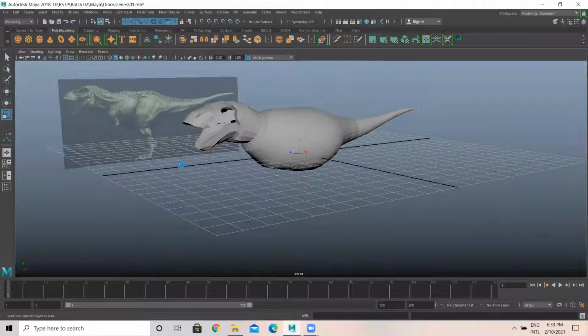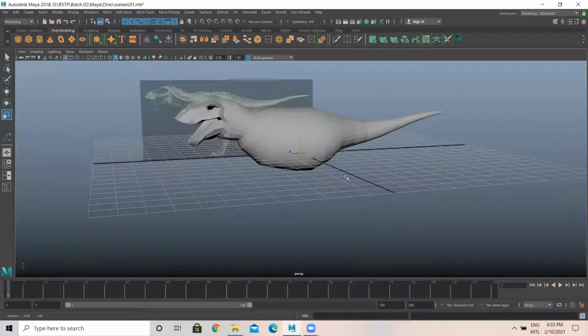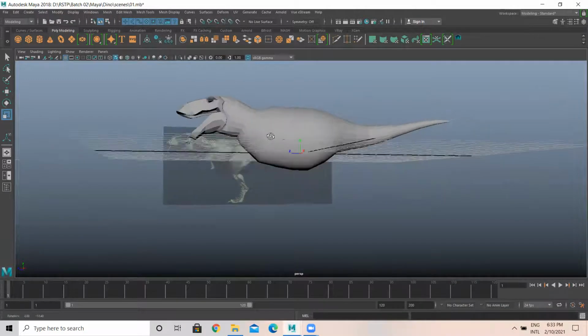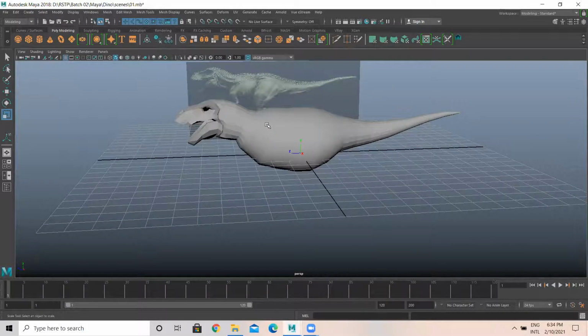Next is the leg part. So leg part, I'll be doing it in the next session because it will be really confusing if I do everything in one session. Okay. Do you want me to continue or you will do up to here? Can we please do up to this, sir, so that we can get it?